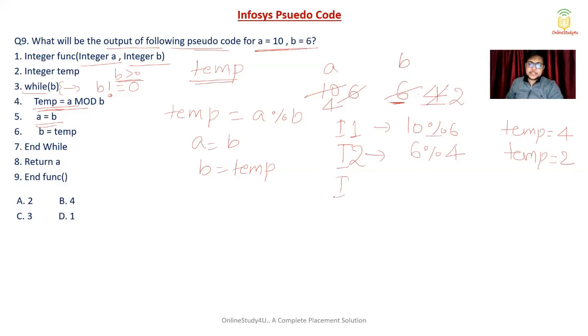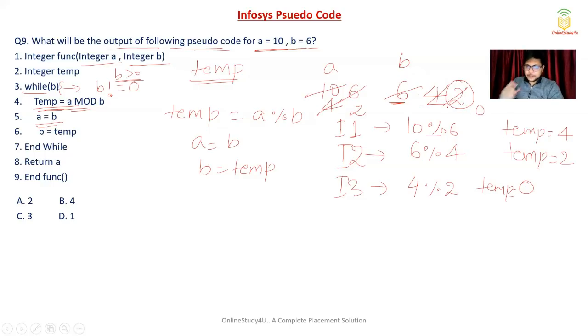Fine. In iteration 3, again my B is greater than 0, so the while loop will execute. I have to again do temp is equal to A mod B. What is the value of A mod B? That is 4 mod 2, which is 0. My temp gets updated to 0. So now my A gets updated by B, that is 2, and my B gets updated to temp, that is